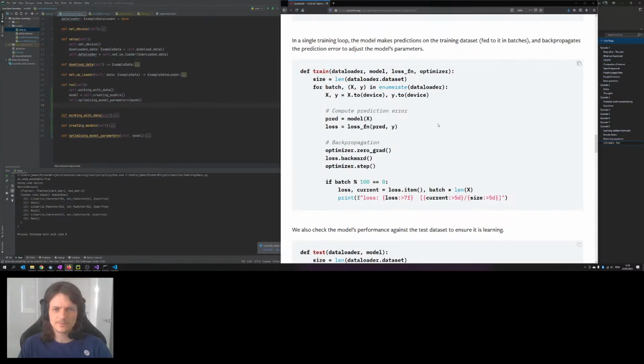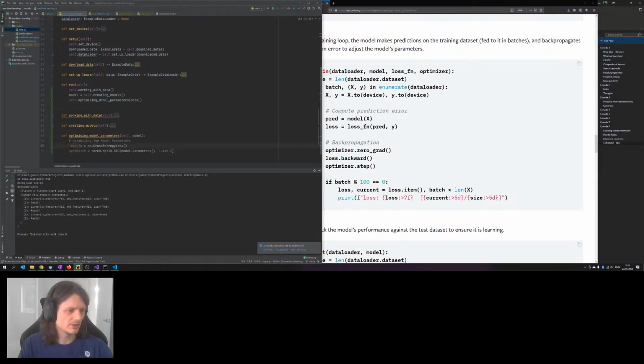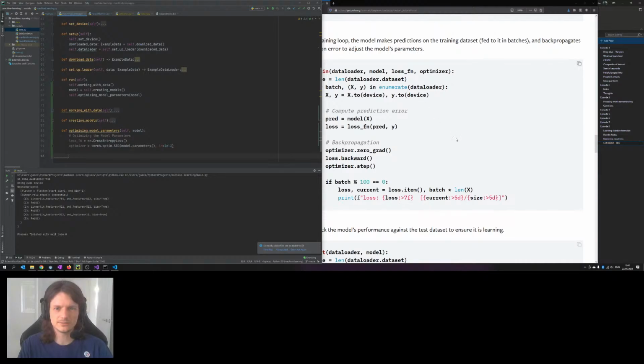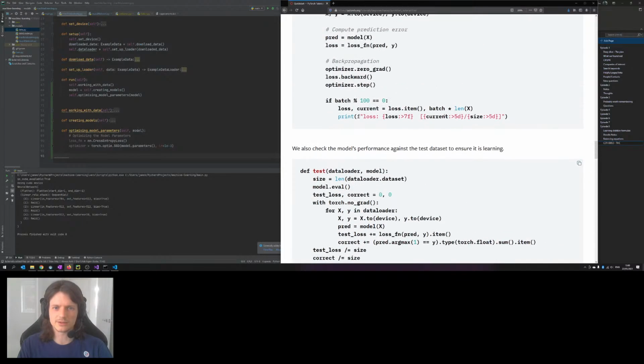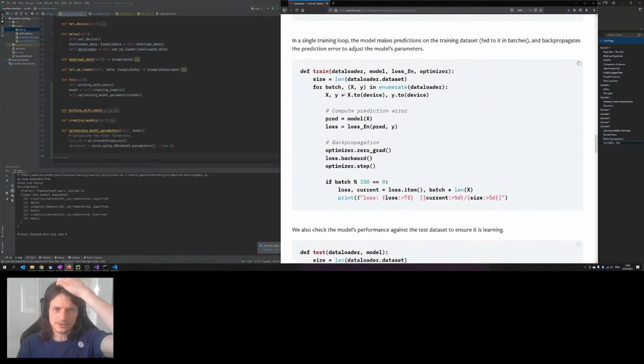Let me not do that yet. What does this actually say? Train takes a data loader, takes the model, takes the loss function and the optimizer, and this one needs to really return these. So really it should be in here. And then I guess this is going to call the train or something. No, it doesn't. Okay. And so it goes through the batch in the data loader and then takes the tuple